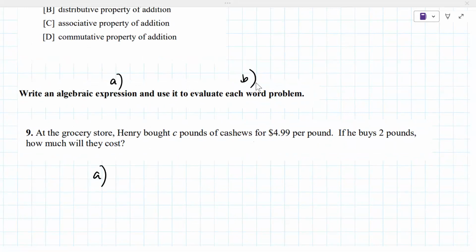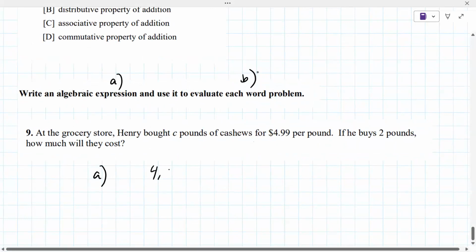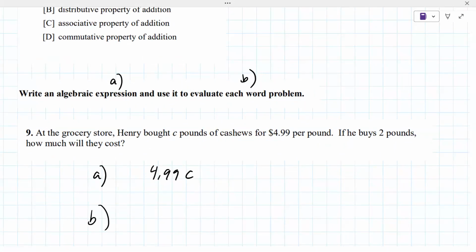499C. Okay. And then part B, if it's 2, just easily round up to 5, which would equal 9 and 98 cents. $9.98. Okay,